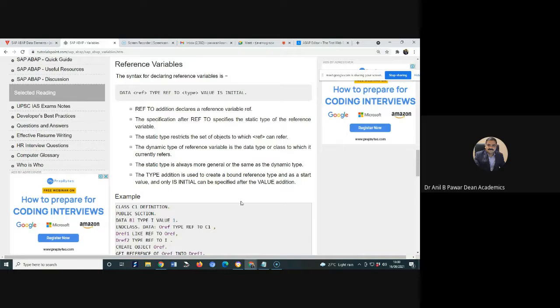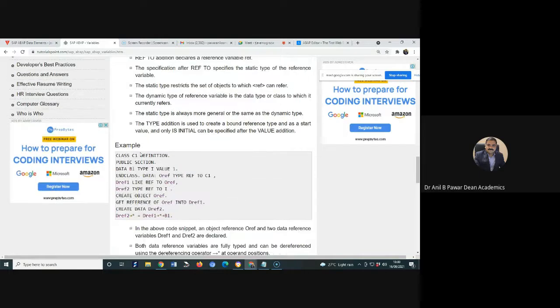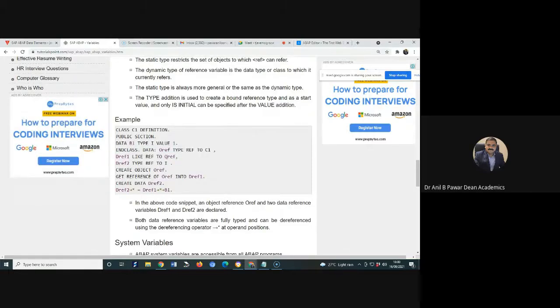So in this scenario, you can see that certain reference variables are used. Here OREF is one of the reference variables, and the other two references, DREF1 and DREF2, are given there.